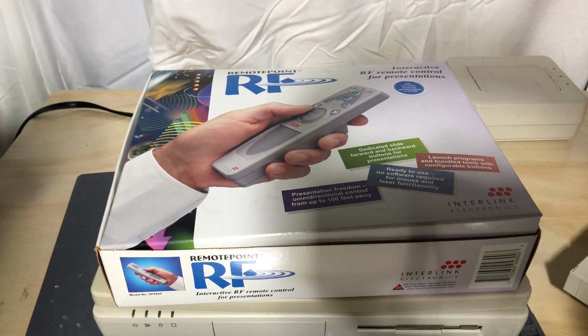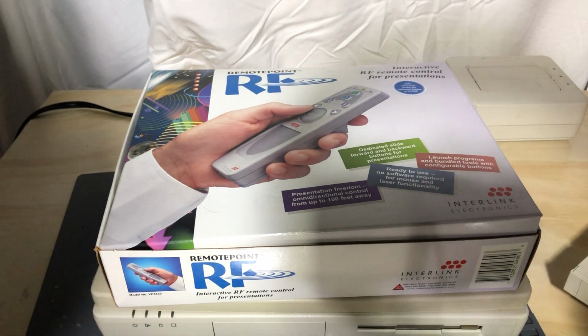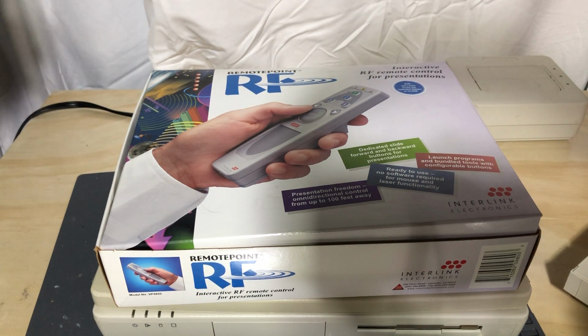I0386SX, and yes, this is really going to be a video about a remote control. There's going to be a very particular, if you will, unusual reason, at least in the IT world, of why we are going to talk about a remote control. But there is a little bit of a history lesson with this, of course, so it definitely does tie into retro